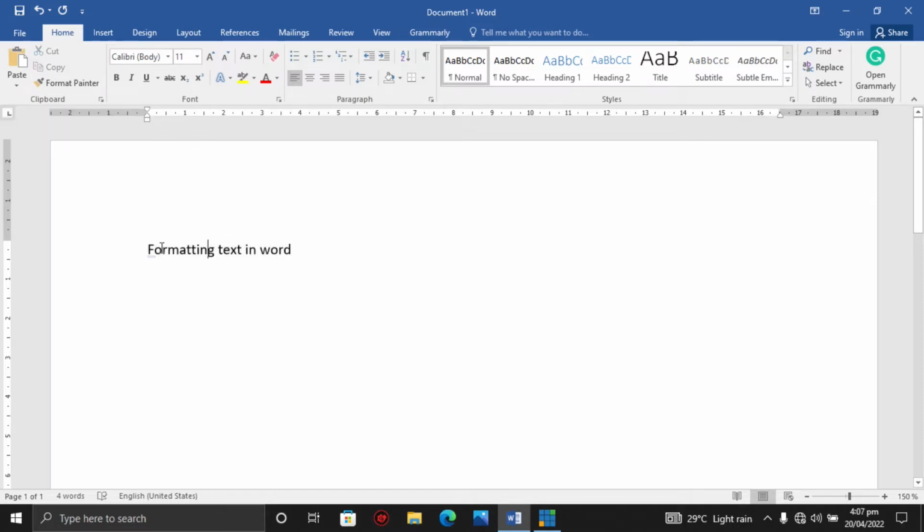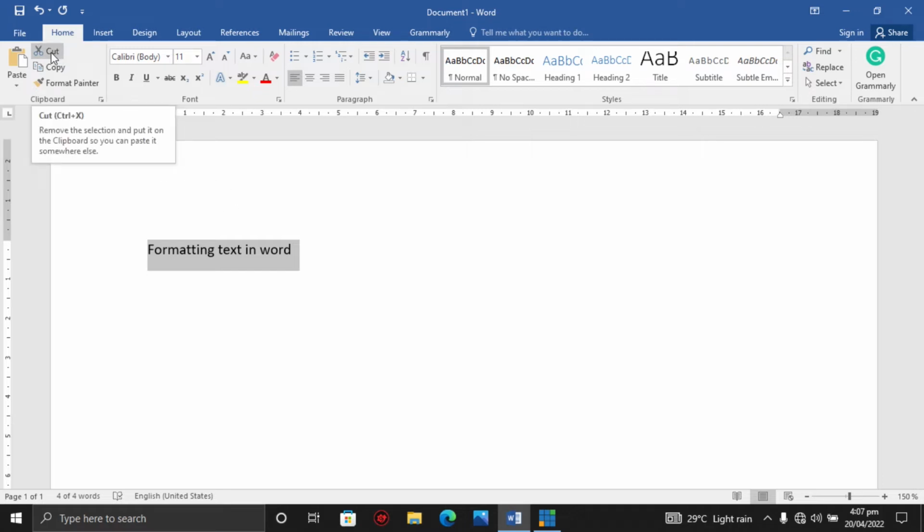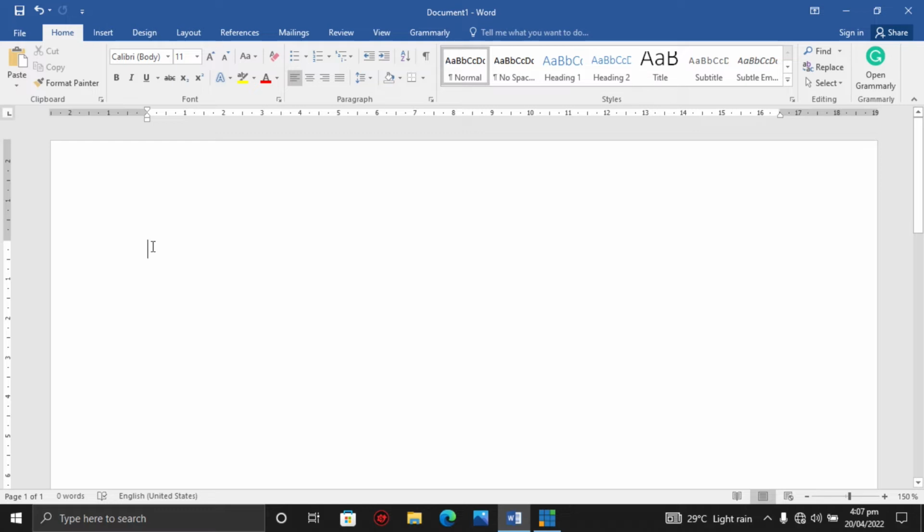So if you want to actually copy this text here, all we can do is to highlight first. Remember, you have to first highlight the text. Then you go to what? So we have cut. So if I click on cut, the cut is going to move the text from the exact position here. So I want to paste it on the next paragraph. How do I create a new paragraph? I use my enter key. So if I click on my enter key, my insertion moves from the first paragraph to a new paragraph, and here I can paste the text I just copied.